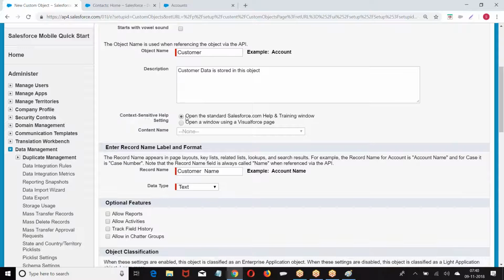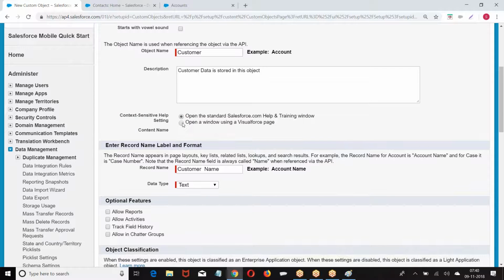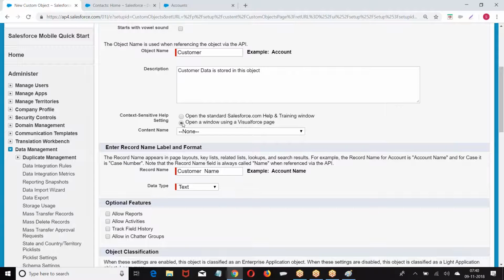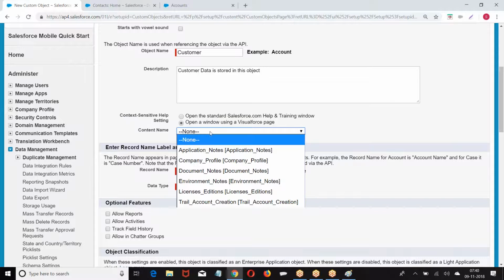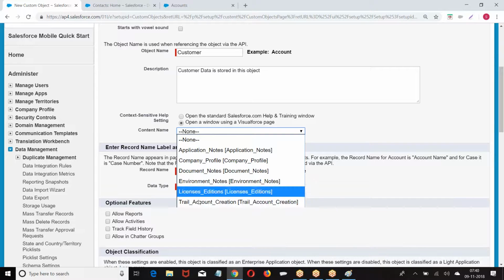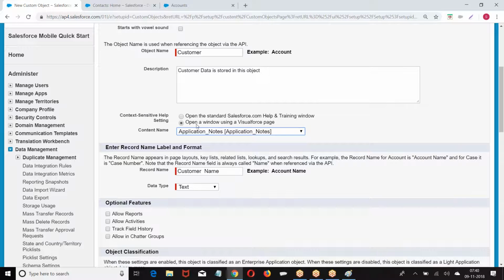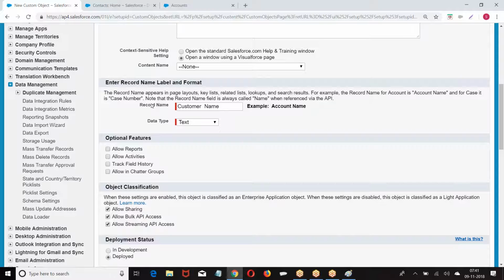It will open the Salesforce standard documentation. Second, open a new window using a Visualforce page. The Visualforce pages that you have created, you can choose any one of them. Either you can choose the standard help or you can choose the Visualforce page. This will be opened when you click on help. Okay. Next,